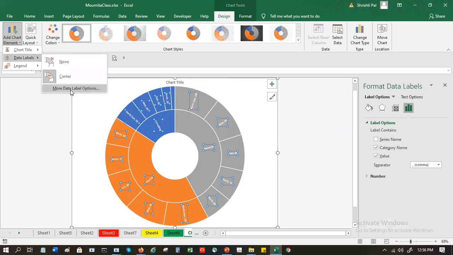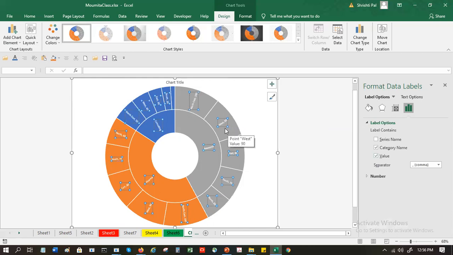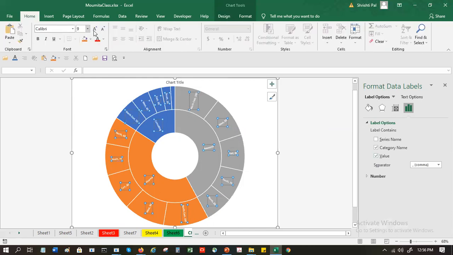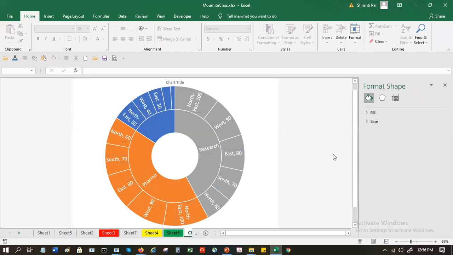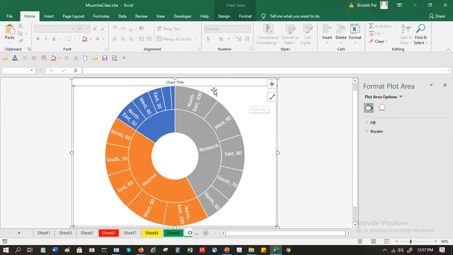ডেটা লেবেল অপশনস, then this portion opens up, and then I have to put the value, I tick the value. ভ্যালুটা টিক ছিল না বলে এখানে দেখাচ্ছে না। If I want to increase the size, 9 is probably too small. তারপরে আমি এটাকে আবার কপি করে নিতেই পারি আর কি।